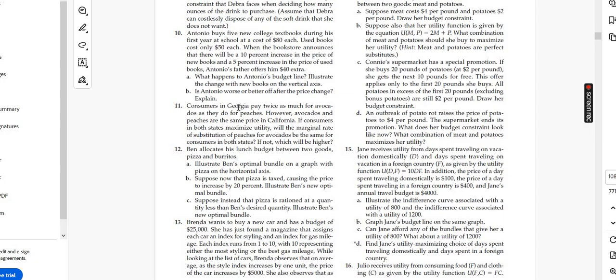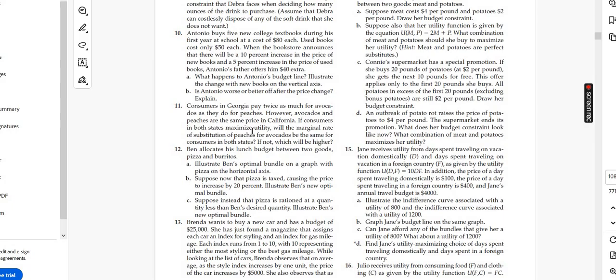तो जॉर्जिया के अंदर लोग एवोकाडो की जो प्राइस है वो डबल देते हैं इन कंपैरिजन टू पीच, ठीक है। सो द प्राइस ऑफ एवोकाडो एंड पीचेस, हाउएवर, एवोकाडो एंड पीचेस आर सेम प्राइस इन कैलिफोर्निया। तो 2 सिटीज है, एक जॉर्जिया स्टेट है और एक कैलिफोर्निया है, और वो कह रहे हैं कि जॉर्जिया के अंदर एवोकाडो की जो प्राइस है इट इज ट्वाइस ऑफ पीचेस, एंड कैलिफोर्निया में दोनों की प्राइसेस सेम है।